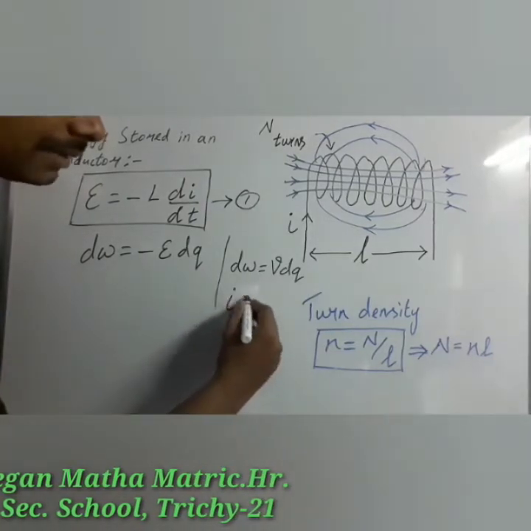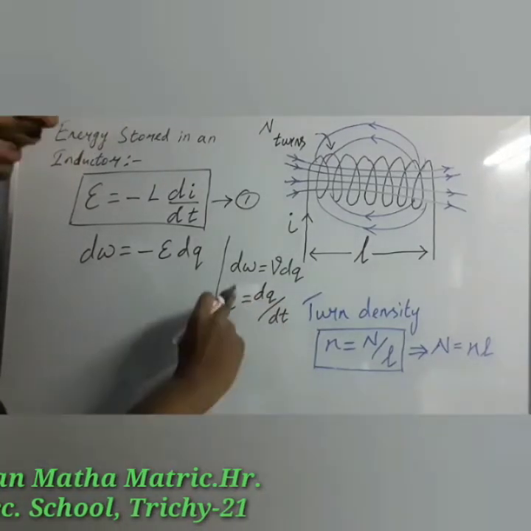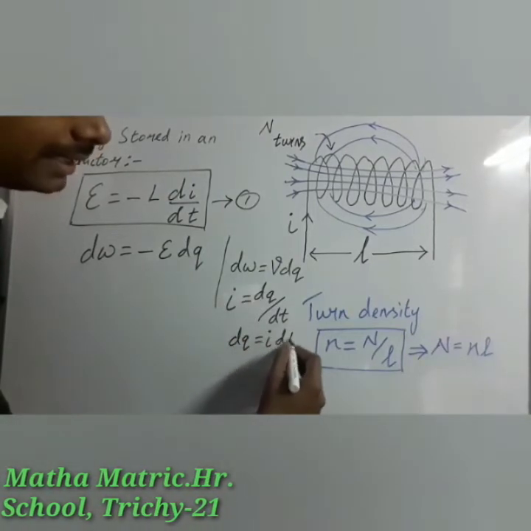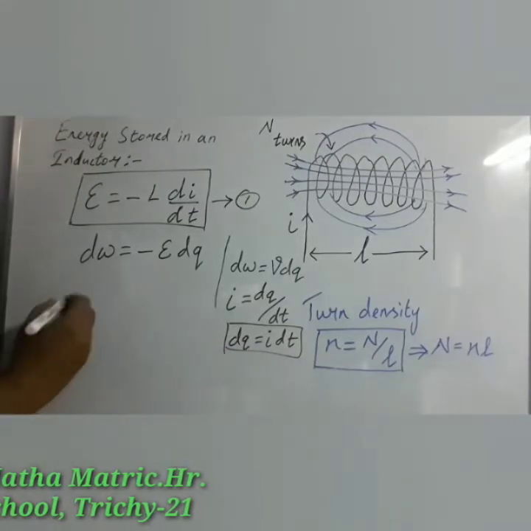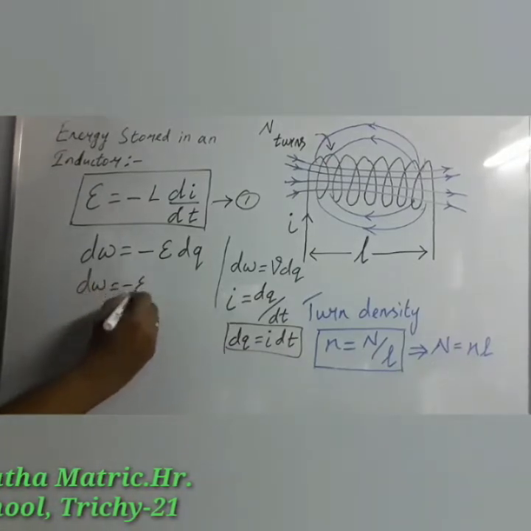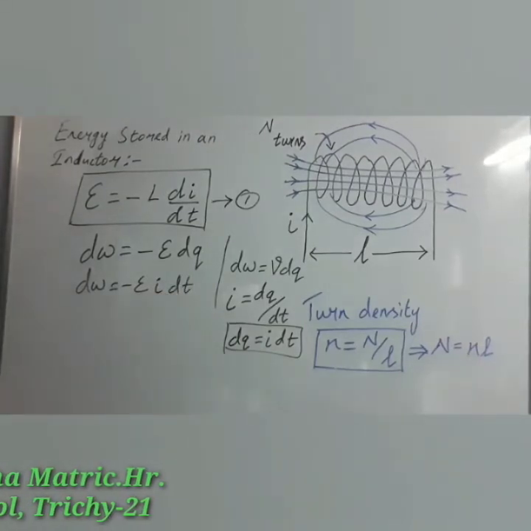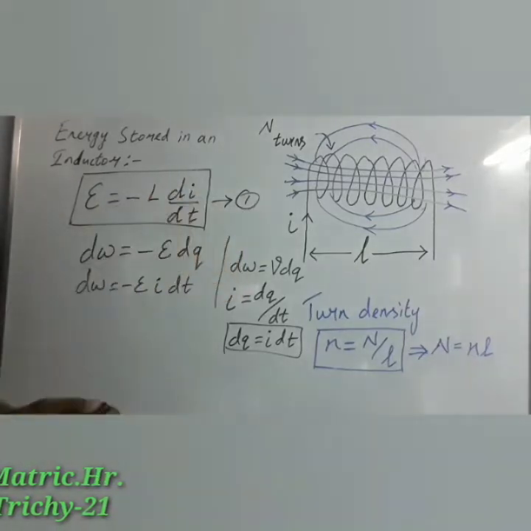Current I is nothing but the rate of change of charge with respect to time. So we can rearrange: dq is equal to I into dt. So the value of dq can be substituted there. So dW is equal to minus epsilon I dt. Now we can substitute the value of the EMF which we obtained in the first equation. So dW is equal to,